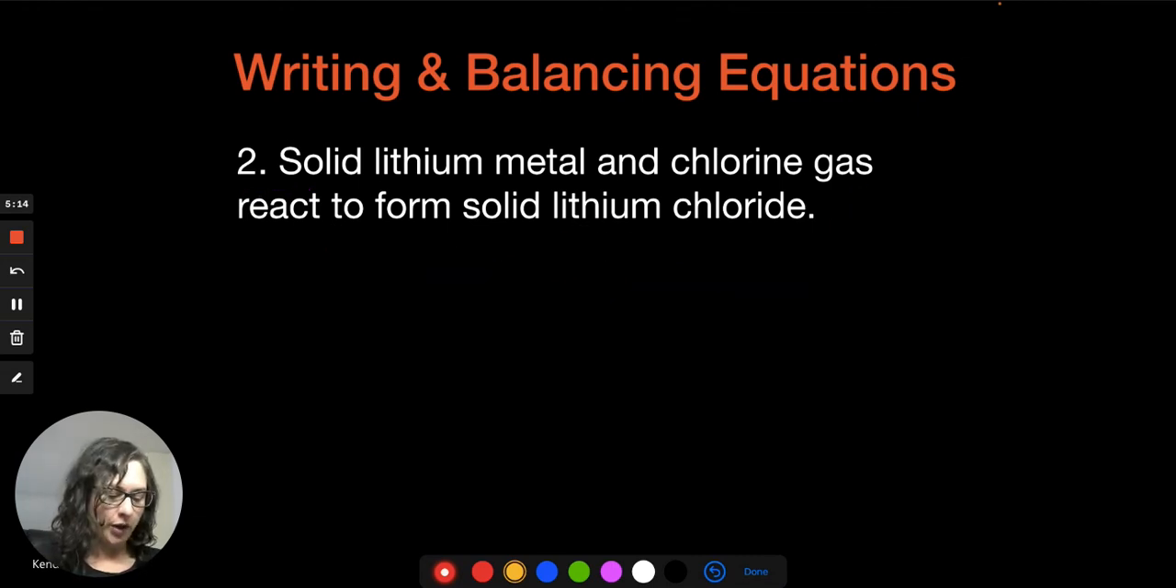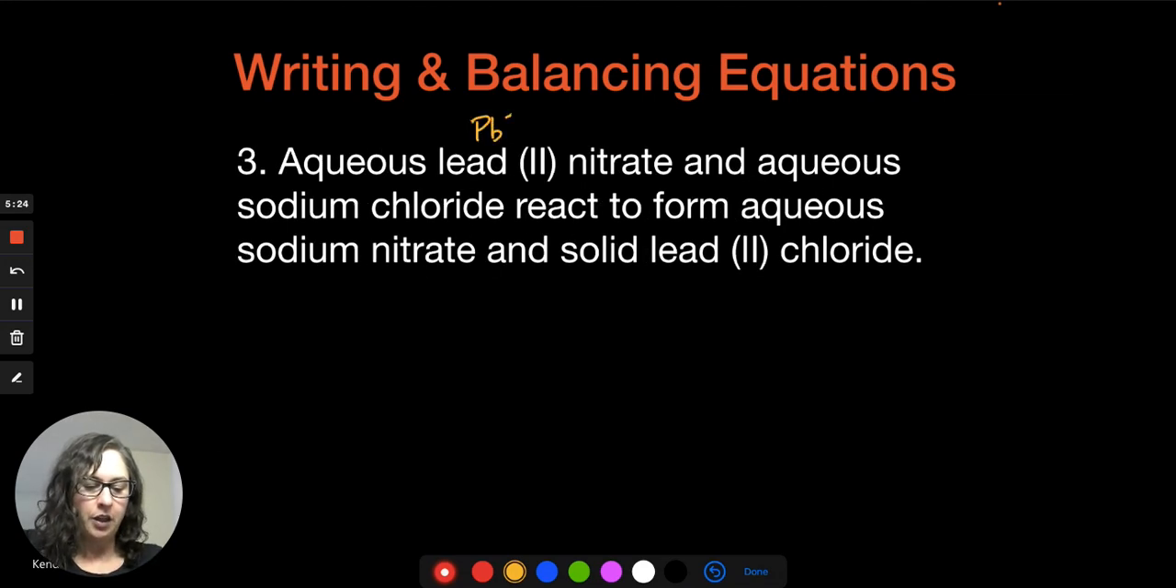Let's try one more. So in this last one, we are going to have lead nitrate, lead 2 nitrate. So when we have lead 2, that gives us Pb2+. Nitrate is an NO3 1- charge. And so when I use my crisscross method, I get Pb(NO3)2. So Pb(NO3)2, and that is aqueous, aq, plus I have aqueous sodium chloride, so NaCl,